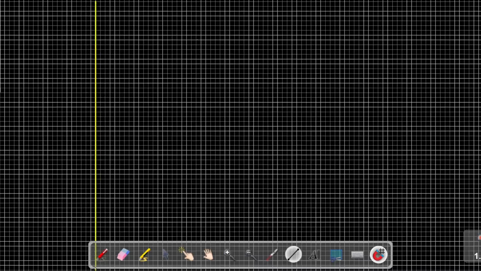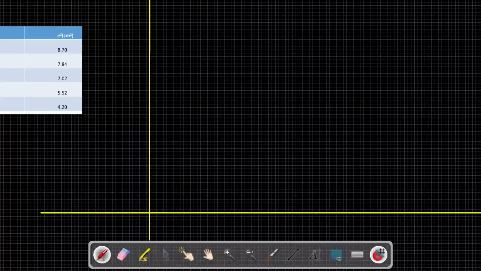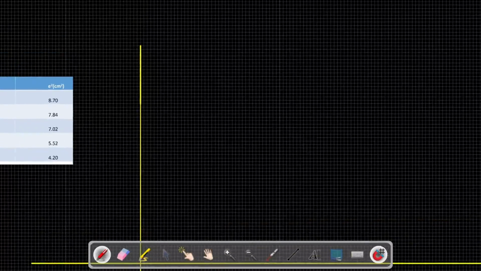Okay, now let me check what I have done. Let me finish, let me complete it. 1 unit on the vertical. So let me write that as my scale. I'm going to write my scale. I'm going to say that 2 cm is equal to 1 unit